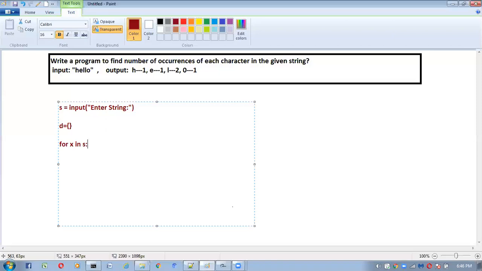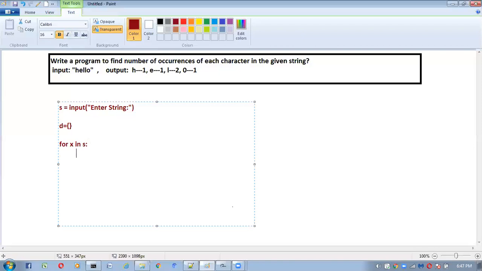From that s, I want to take each character one by one. For that, I'm doing iteration. Here x means each character, for each character in the given string.